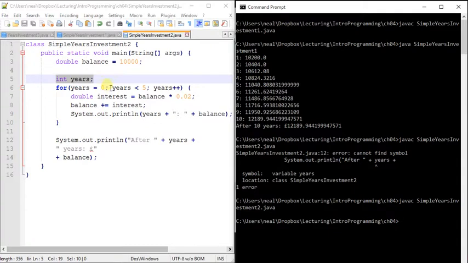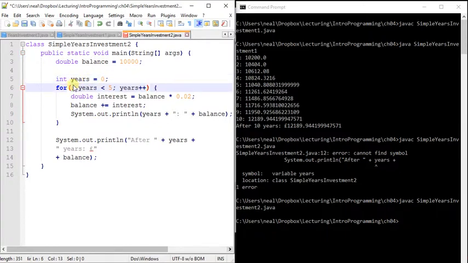Now, one other thing to note is that you don't actually always have to put something in here. You can actually leave parts of these blank. One thing I could do, I could say, well, I've already declared int years there. Can't I just set it to be 0 at that point? If I need to use it outside this loop, and I've already declared it outside this loop, can I initialize it then? What do I need this for? And the answer is nothing. I can actually take that out, and it will